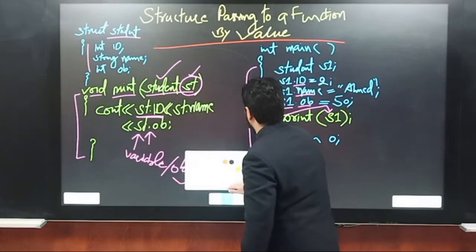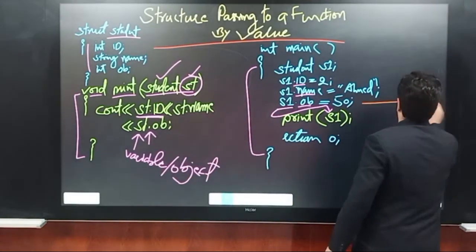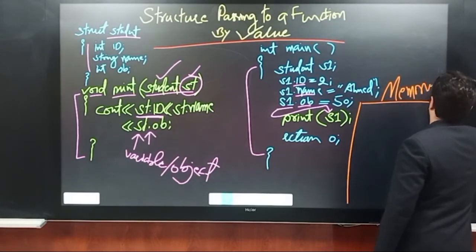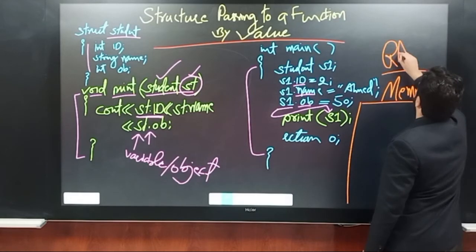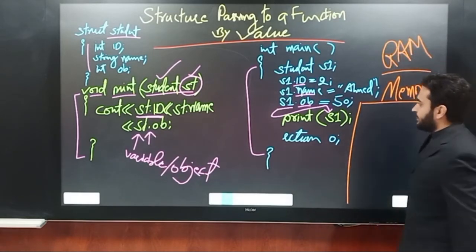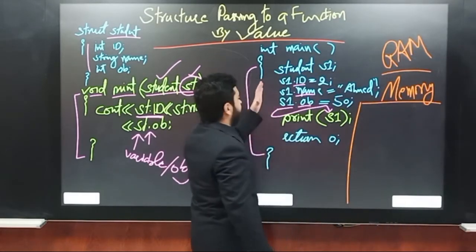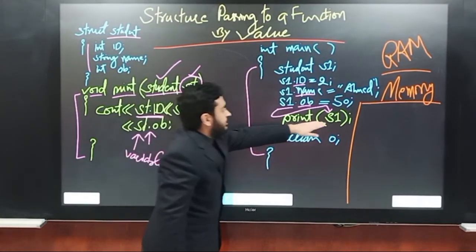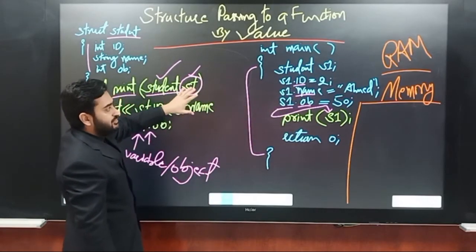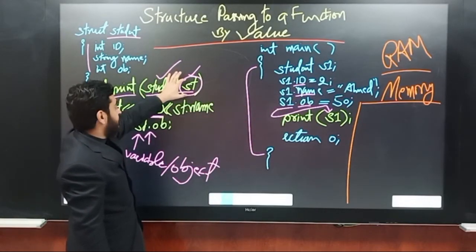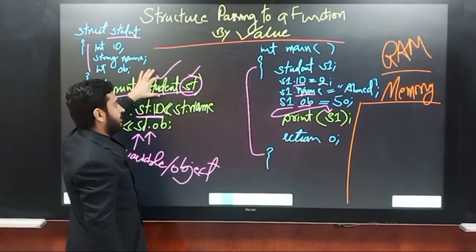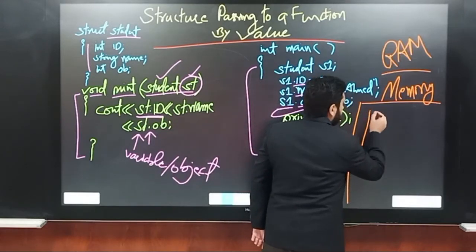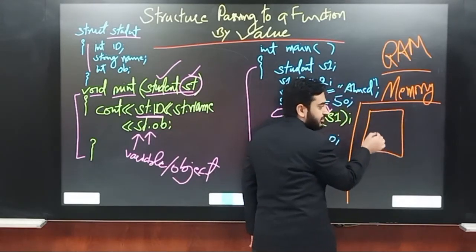So let's suppose we have a memory here. You may also call it RAM. Okay, so when execution starts, one object will be created for S1, an object of the student structure, and another object will be created for the student structure but with the name ST. Okay, so let's assume that this is the RAM and it has reserved a space for